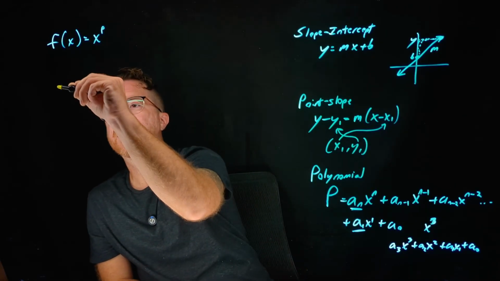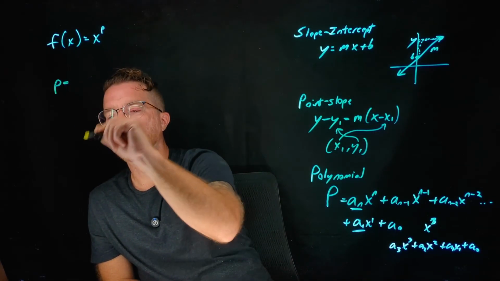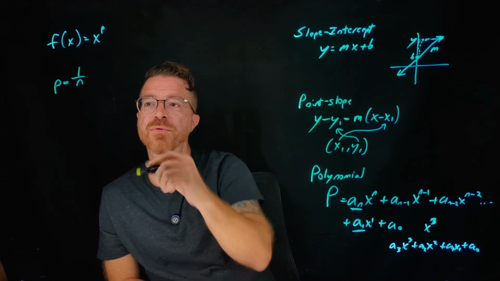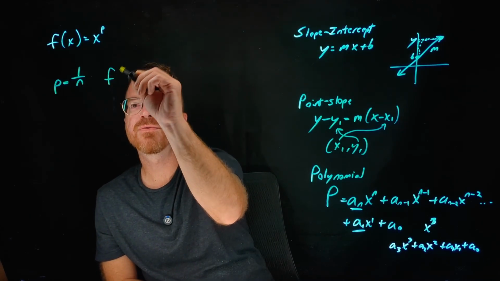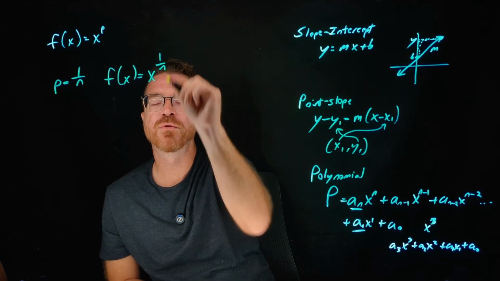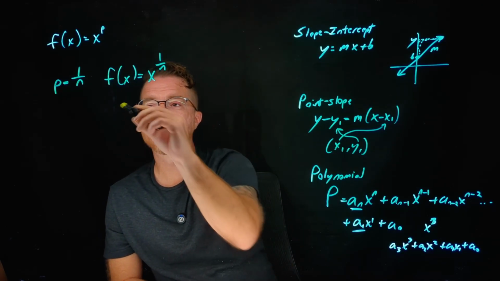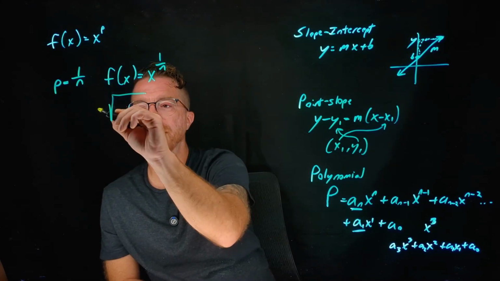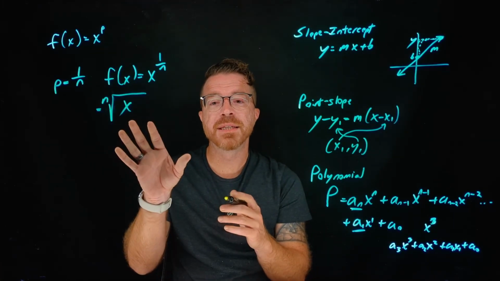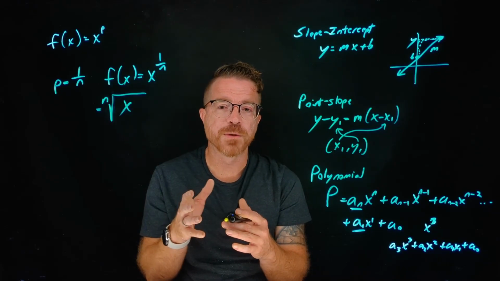If I have p equals 1 over n, then this is called a root function. So what this means is I have f of x is equal to x to the 1 over n. This is the same thing as saying it is the nth root of x. This is something that's actually going to be used a lot in this course, because a lot of times we're